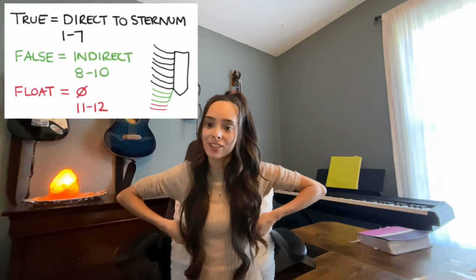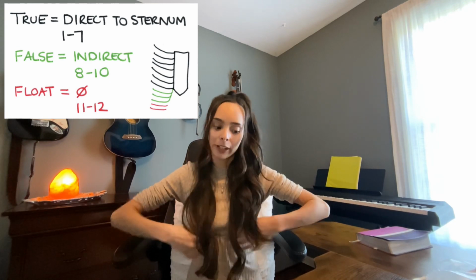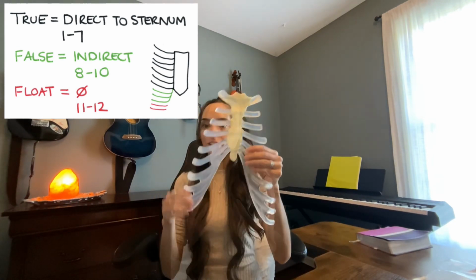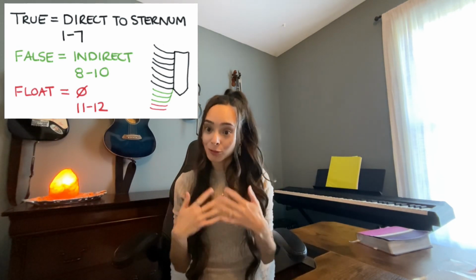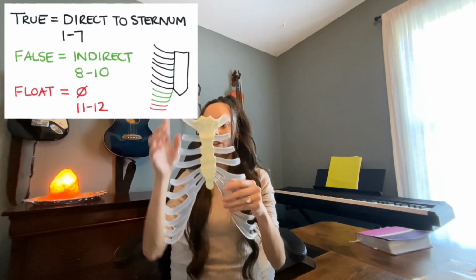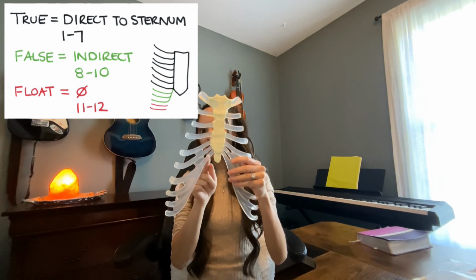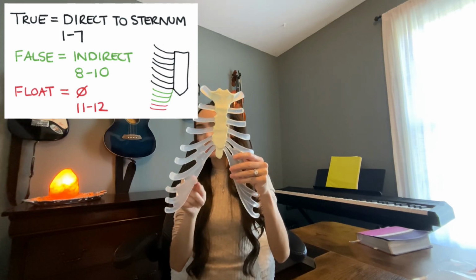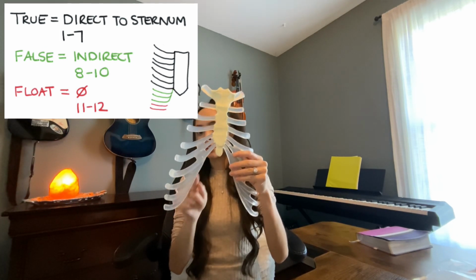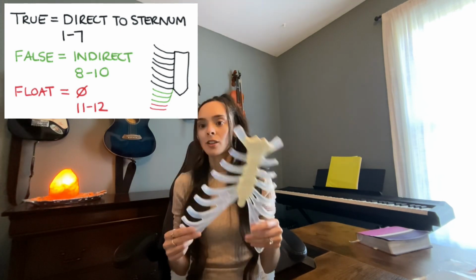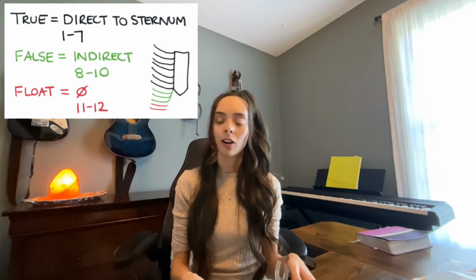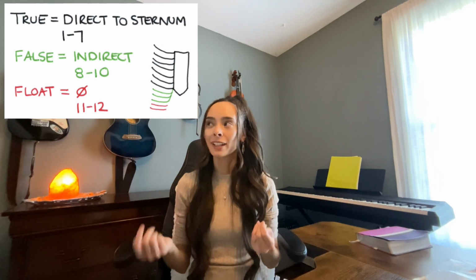Also memorize this, how most people know that you have floating ribs in the back that don't have cartilage that go all the way to your sternum. So they don't have any of it. Ribs 1 through 7 connect directly to the sternum. So here's 1, 2, 3, 4, 5, 6, 7. You see 7 has this line going, and then all the other ones feed into the 7th cartilage. So ribs 1 through 7 are your true ribs,